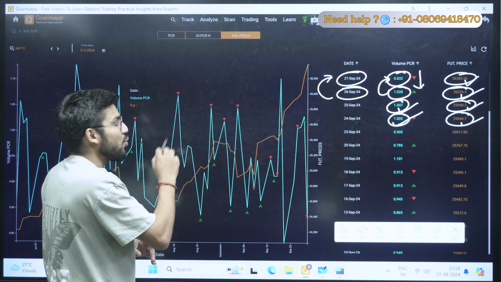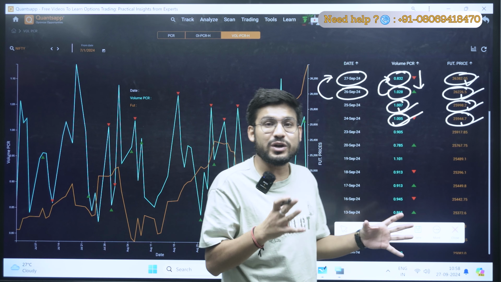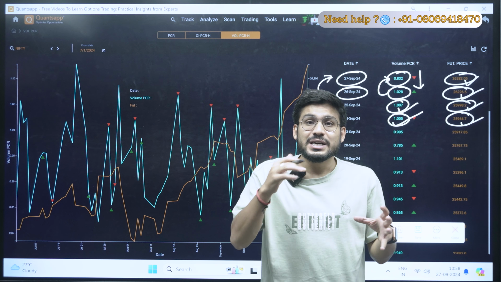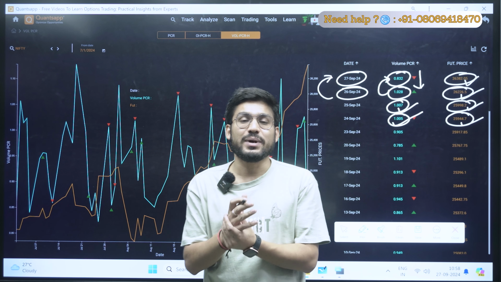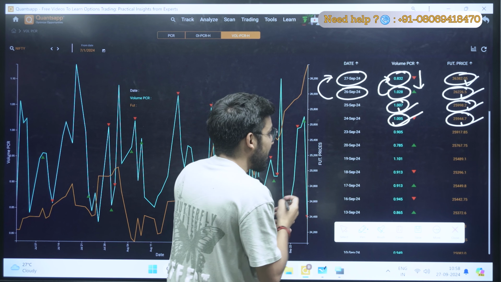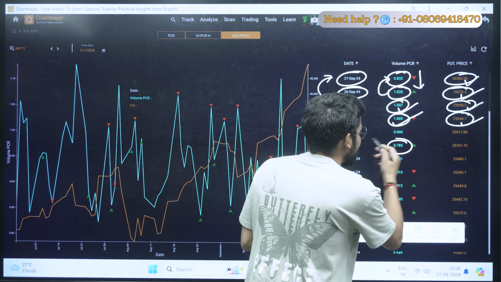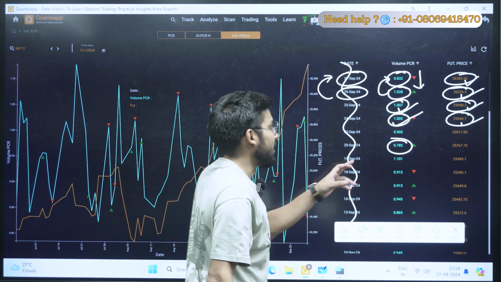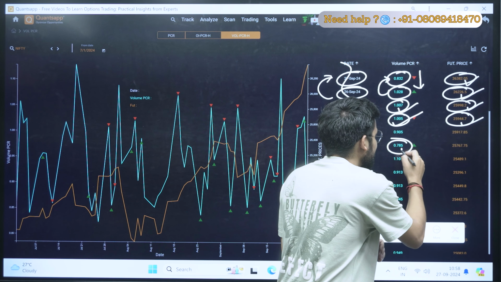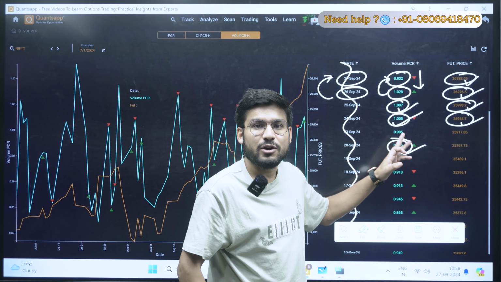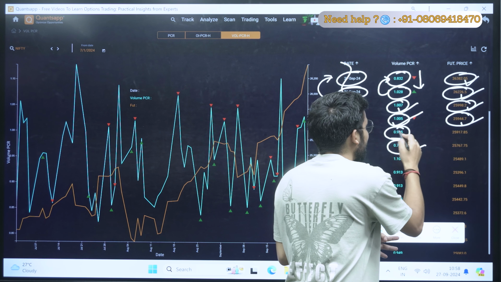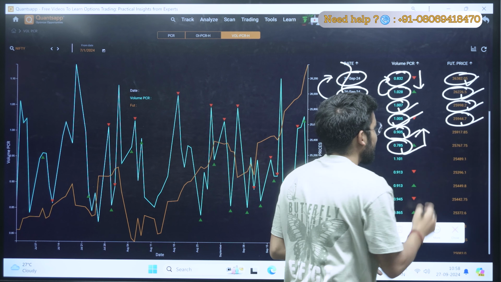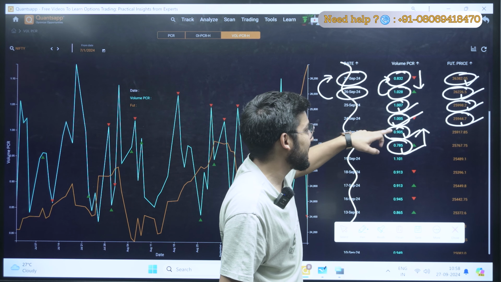ठीक है, तो what you can analyze, for example you are in a expiry and in expiry what we want, we generally want a volatility in the market, we want a good trade जिसमें काफी maximum momentum आपको मिले, right? So at that time if and at any point of time अगर आप एनालाइज करोगे कि if your volume PCR, अभी इस डेट को छोड़ दो, ठीक है, अगर आप एनालाइज करोगे कि आपका वॉल्यूम PCR 0.785 है, ओके, एंड इट जंप्ड फ्रॉम 0.75 टू 0.905, इट मींस नाउ वॉल्यूम PCR इज इंक्रीजिंग.